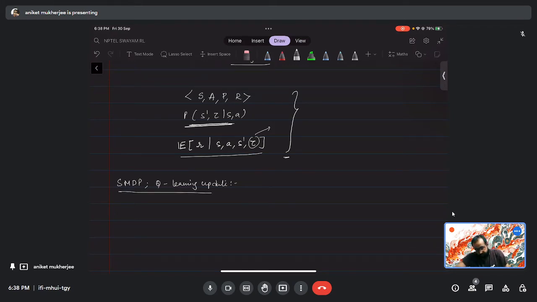The Q learning update is given by Q(st, at) equals Q(st, at) plus alpha times R(t+tau). So what is the meaning? Since to go to the next state you have waited till tau time, what this R(t+tau) consists of is all the rewards that you have gotten till t plus tau, and then plus gamma to the power tau times